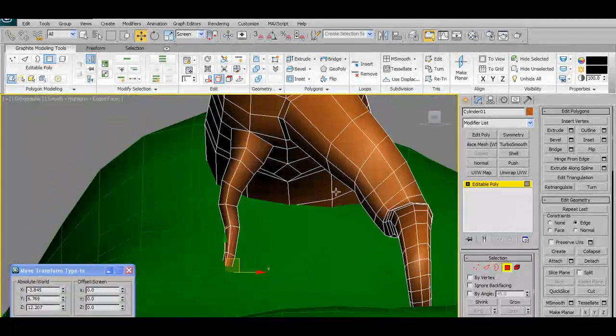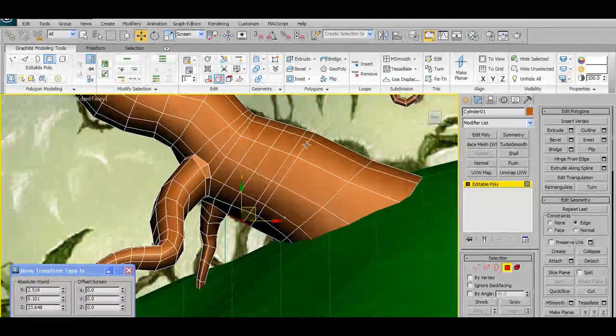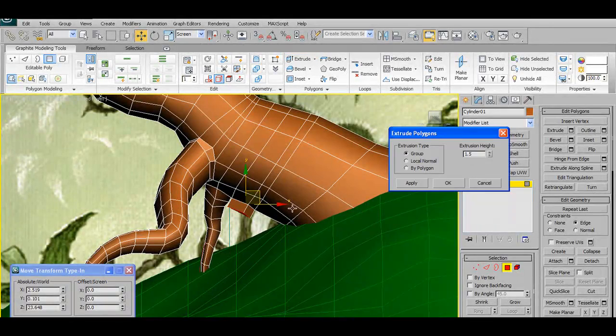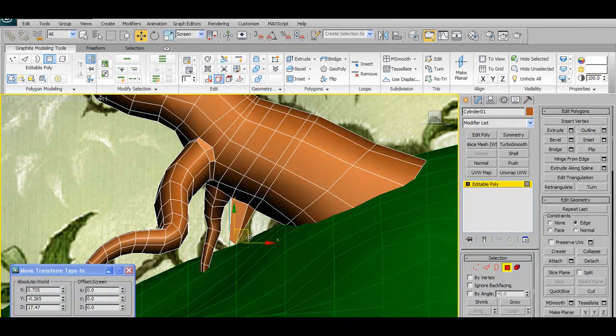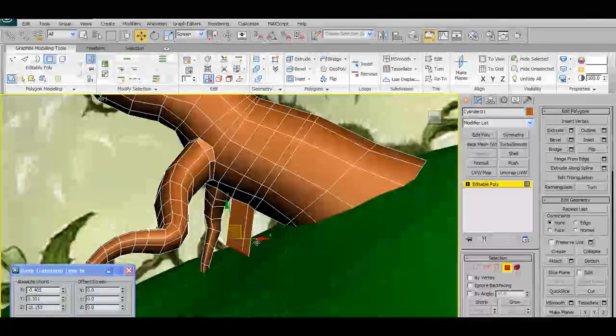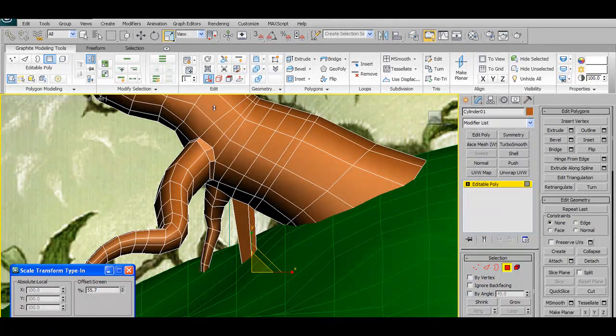And I'll just go with the default in terms of the taper. And actually for this last one, I'm just going to use a good old-fashioned extrude because it's a really, really small route. So I'll just extrude it right out, turn off edge constraints, yank it down, rotate it, scale it in,